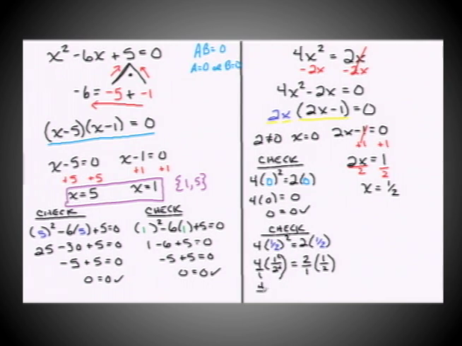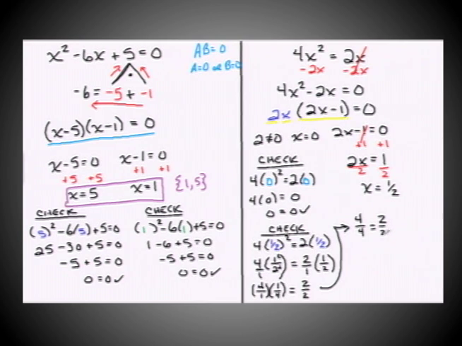So we have 4 over 1 times 1 over 4 equals, all right, on this side we have 2 over 2. And I'm running out of room, so I'm going to come right back up over here to finish this check off. So the left-hand side is now 4 over 4, because you multiply fractions straight across, equals